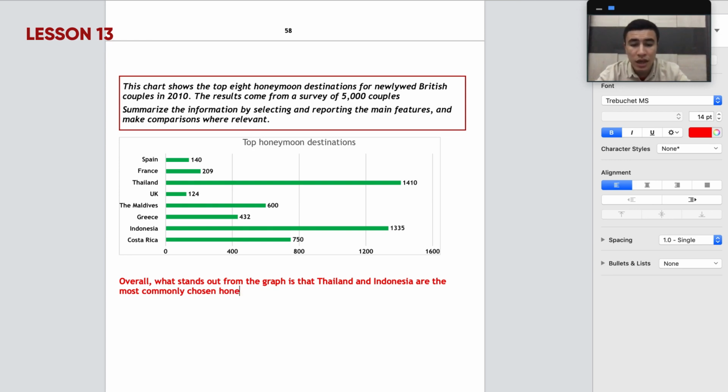Okay, honeymoon destinations for British couples with the highest number of votes compared to others. So how many options do we have? 1, 2, 3, 4, 5, 6, compared to other 6 options. Okay, on the whole,